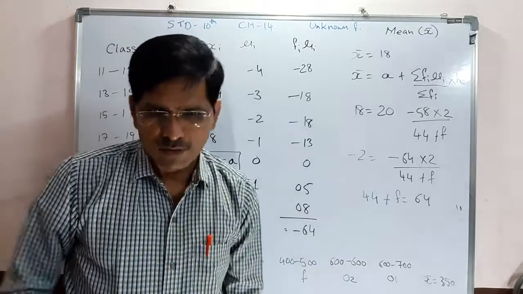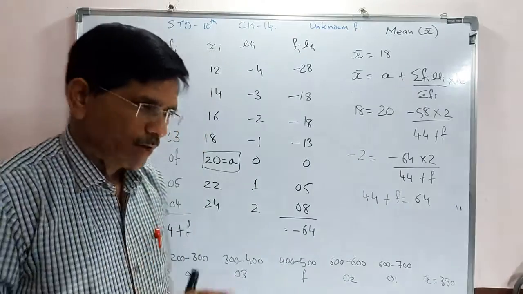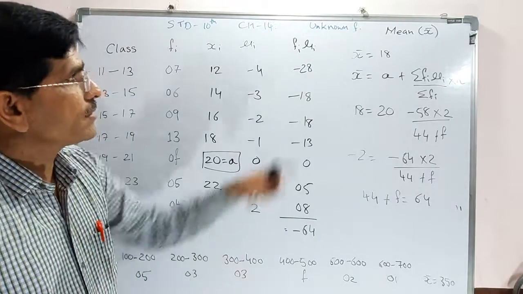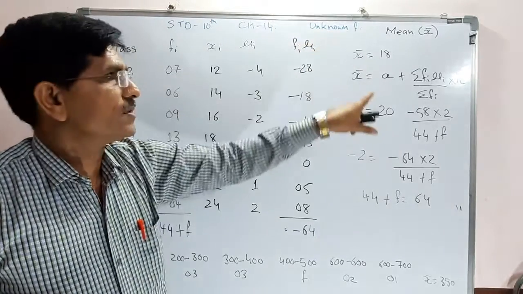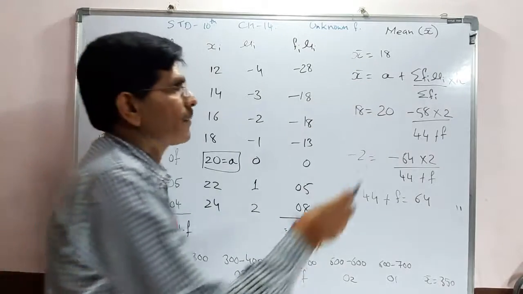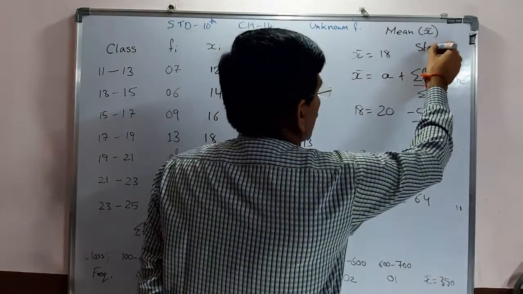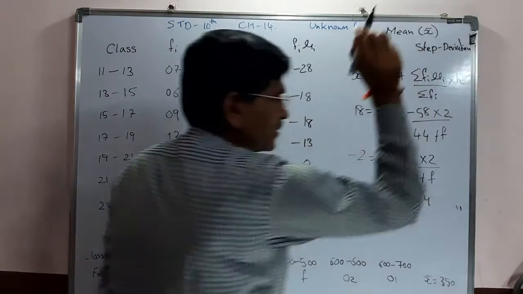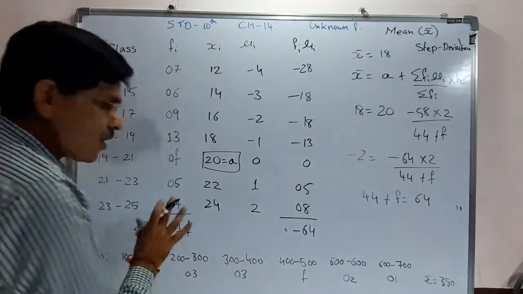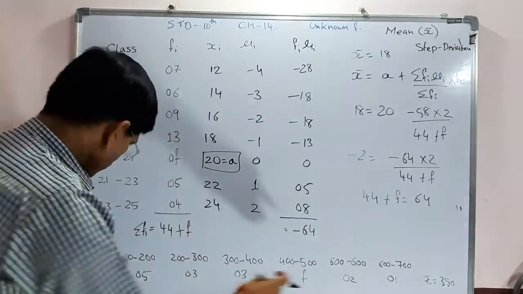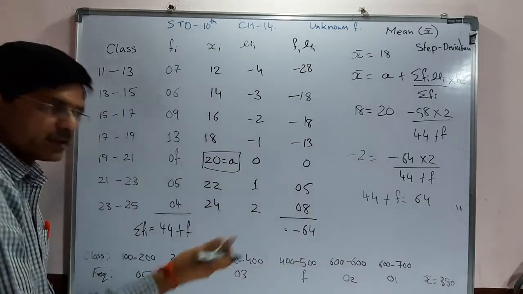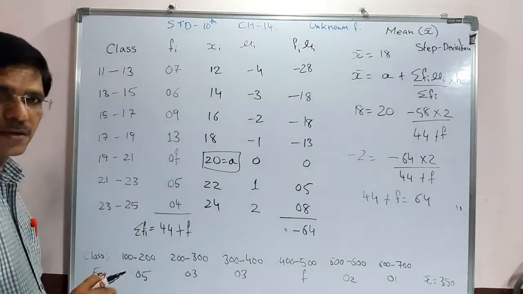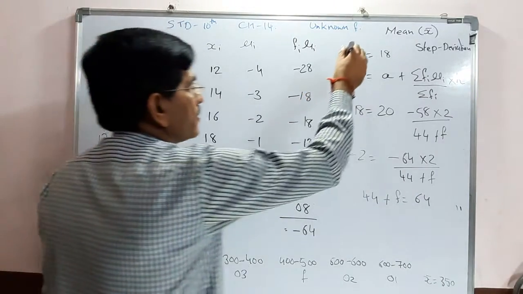In the last lecture we discussed that in the next lecture we have to discuss how to find the unknown frequency. So whenever a sum with an unknown frequency is there, always use the step deviation method. Which method do you have to use? Always the step deviation method. One sum is already explained, and one more sum which is asked in the board exam, that we have discussed. So in a question, what is given, that is given. Always remember.